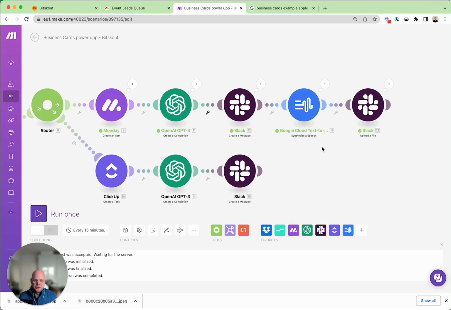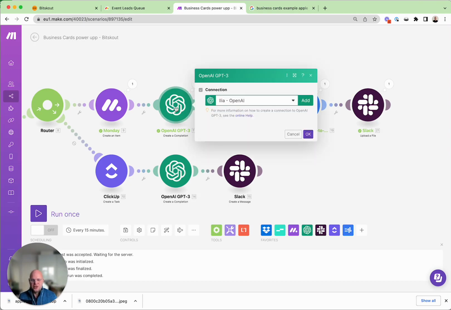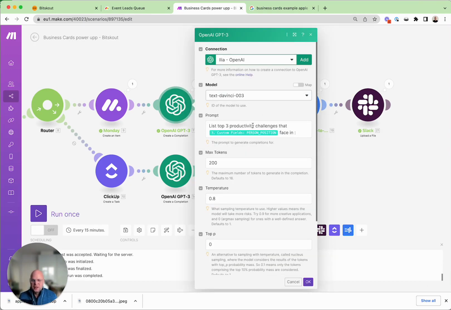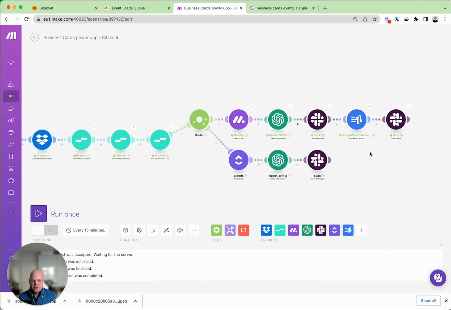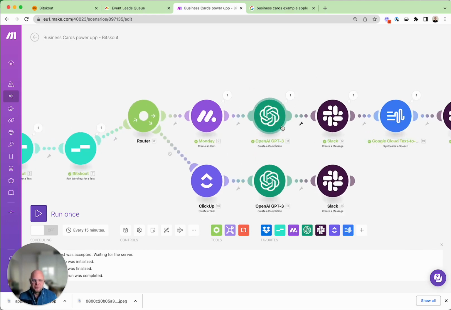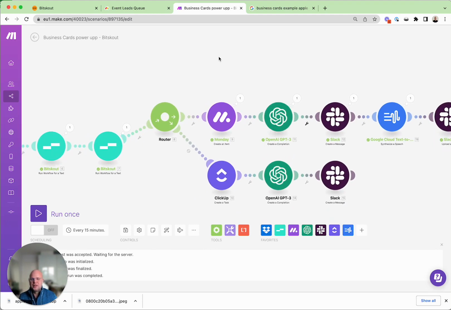a funny thing called a text-to-speech synthesizer. It means that instead of reading in Slack the messages on how to open a conversation with the person that you have just taken a business card photo with, you can receive an audio file and listen to that. It's just to demonstrate what you can do with just several automations. You can receive practically a personalization message in your earphone and guide the conversation from this point of view. Of course, you can create different types of messages to yourself using extracted information.